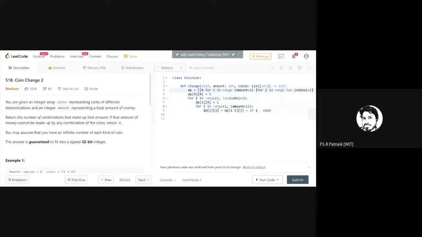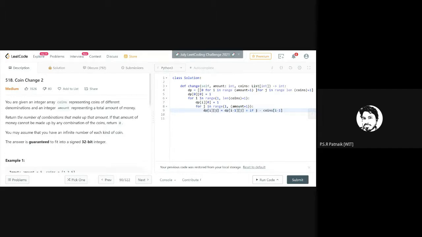so coin currency value means... I think this is coins. This is coins. From coins of, now see, now it is minus 1. Why am I doing coins minus 1? Because of that indexing logic which you have kept. If this value, amount minus currency, if this value is, what should I check here?